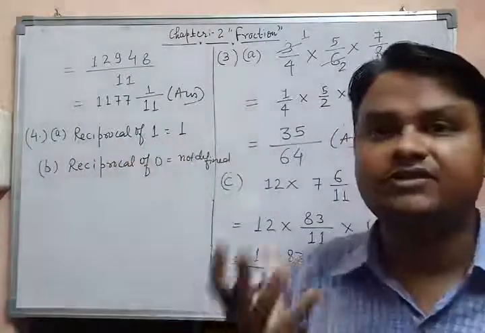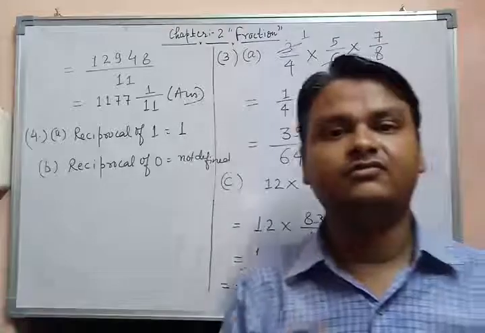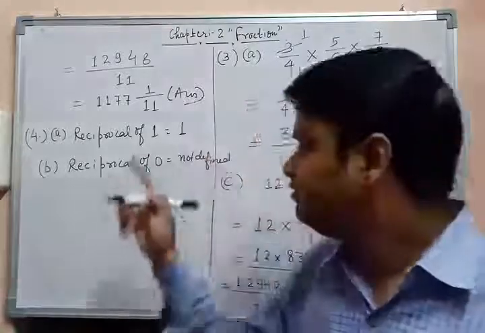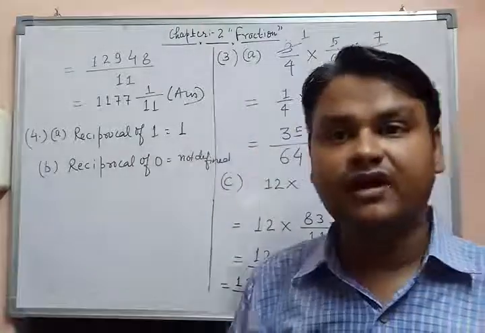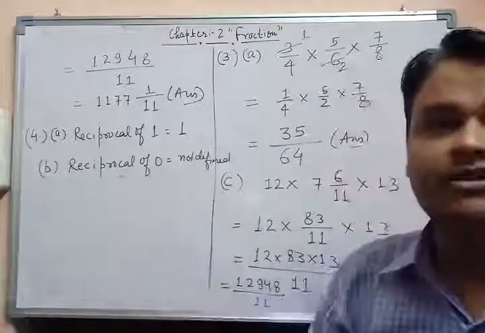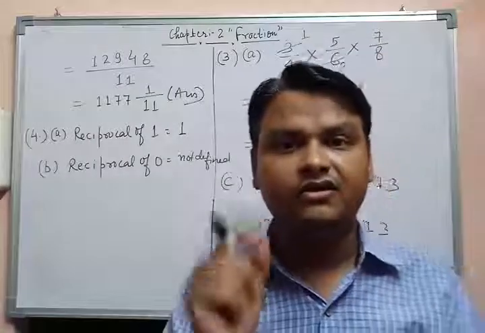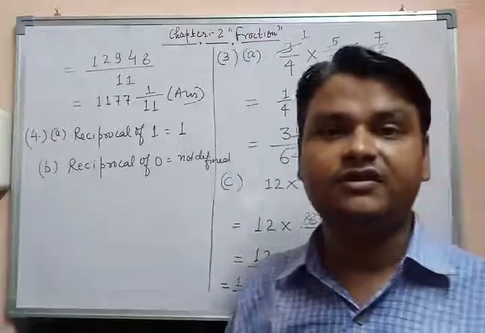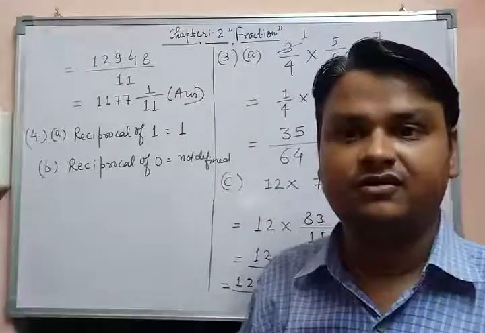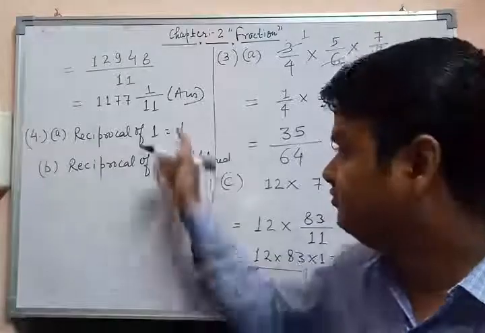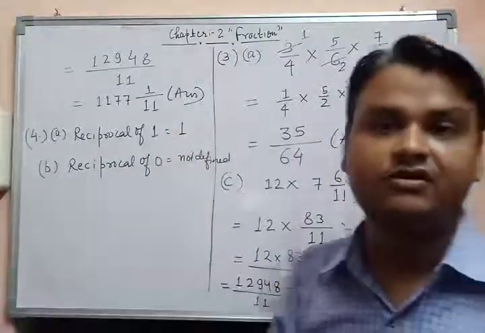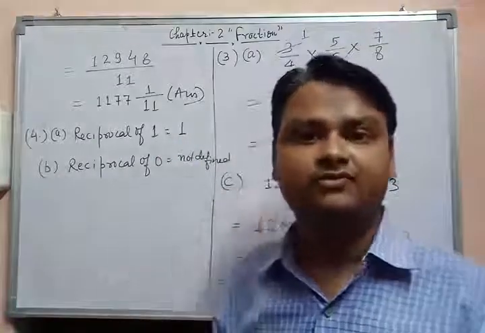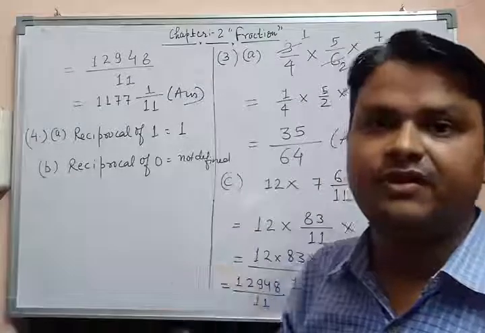First question is, what is the reciprocal of 1? 1 is the only number whose reciprocal is the same, that is 1, and 0 is the only number whose reciprocal is not defined. It means it can't be defined. What is the reciprocal of 0? So both questions are very important for true false questions and fill in the blanks questions. Okay,